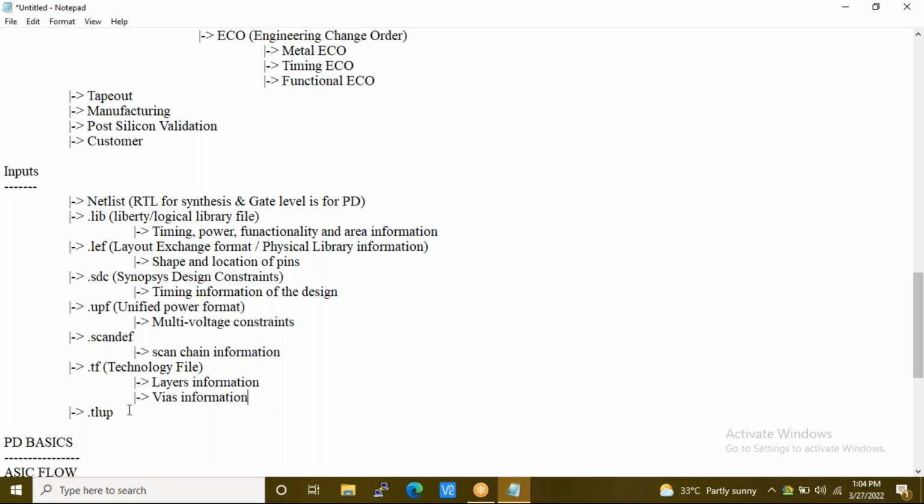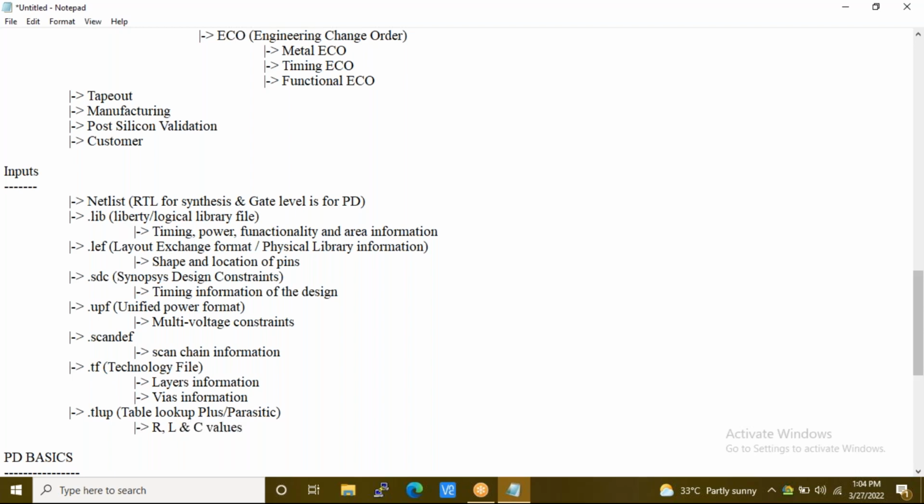Okay, now next is TLUP. TLUP holds information about table lookup plus, or table lookup for parasitics. This file holds, for each and every layer, what the R, L, and C values are.